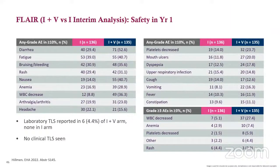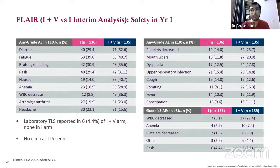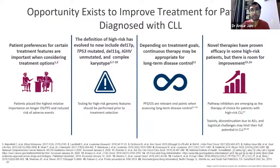Okay. Yes, so again, in the CAPTIVATE data, there are no significant safety concerns with the combination of ibru and ven. Next slide. Okay, so finally, the FLAIR trial compared the combination of ibru-ven versus